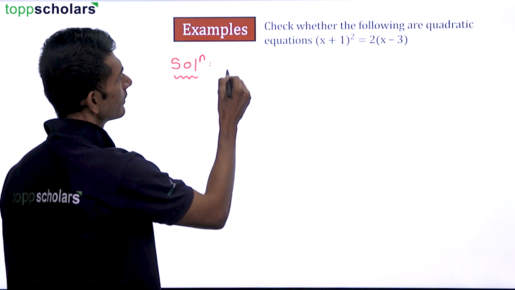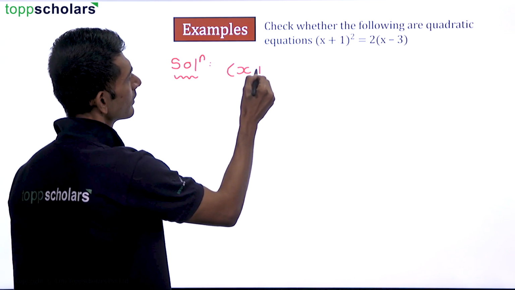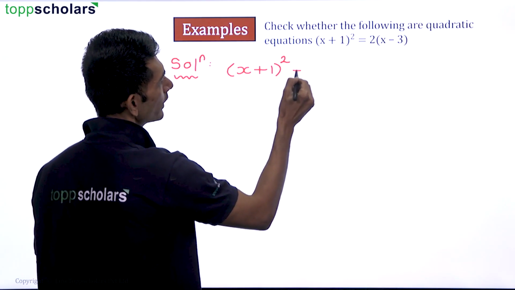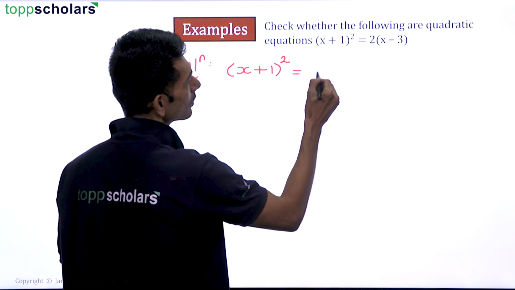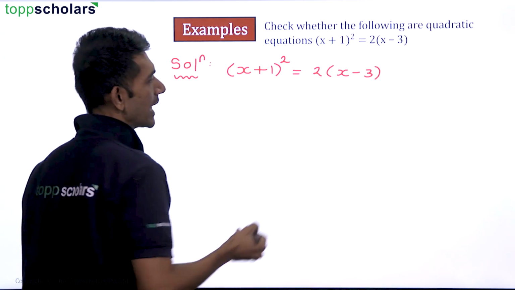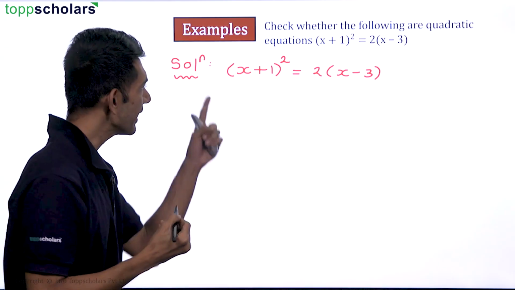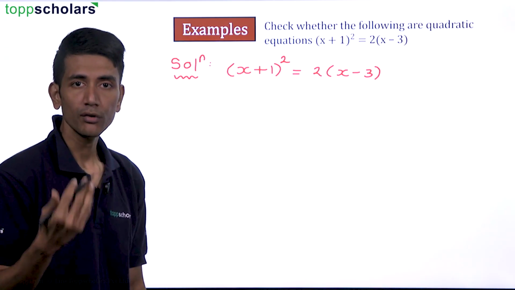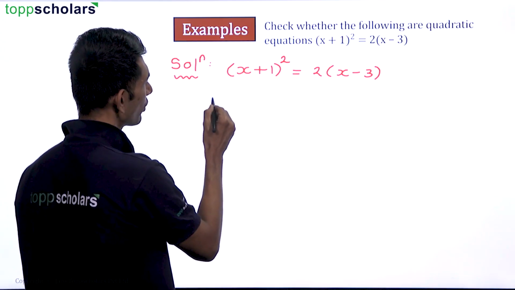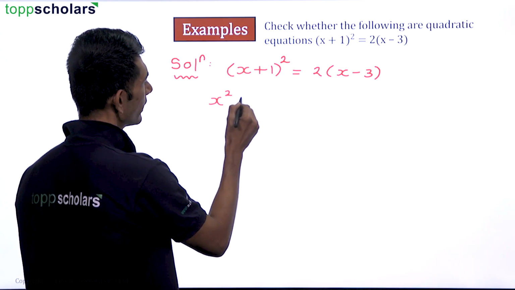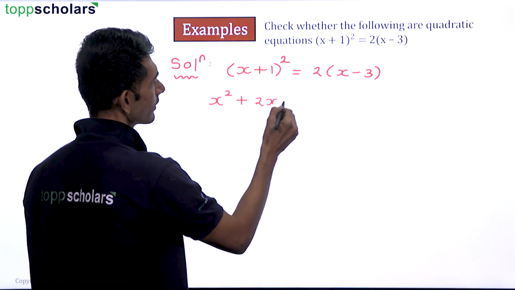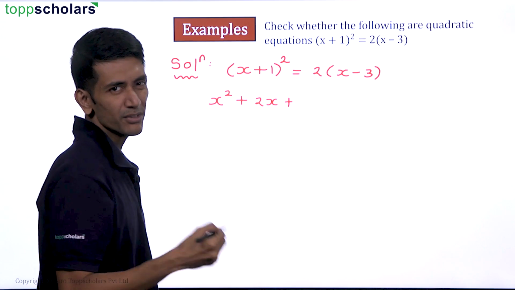Firstly, we have x plus 1 the whole square is equal to 2 times x minus 3. Now can we expand x plus 1 the whole square? Yes, we know the formula for a plus b the whole square, that is a square plus 2ab plus b square. So this becomes a square, that is x square, plus 2ab, that is 2x, plus b square, 1 square is 1,